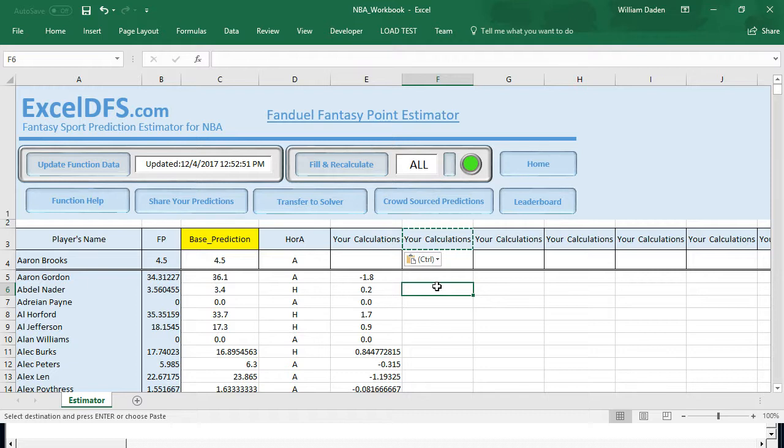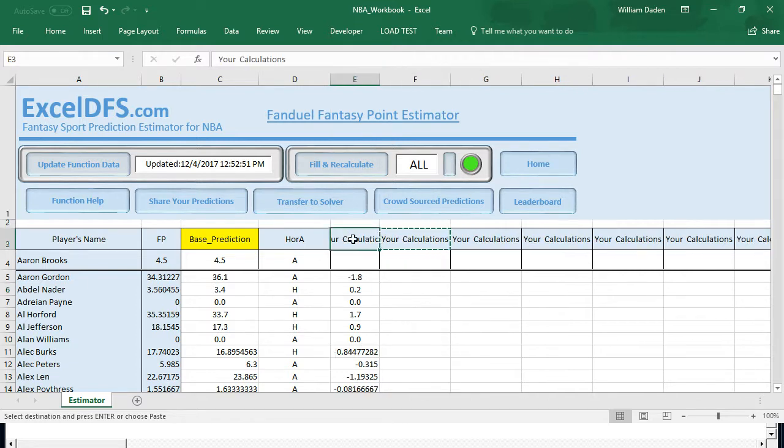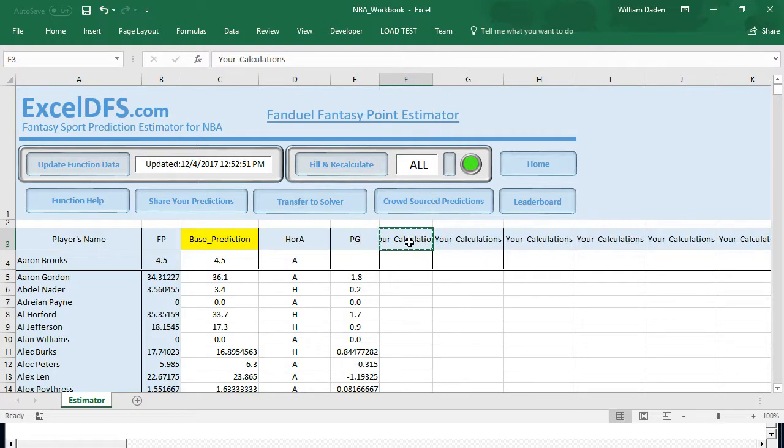I can't see any reason why we do this, but let's just put every position in. So what is it? Point guard, center, SG,